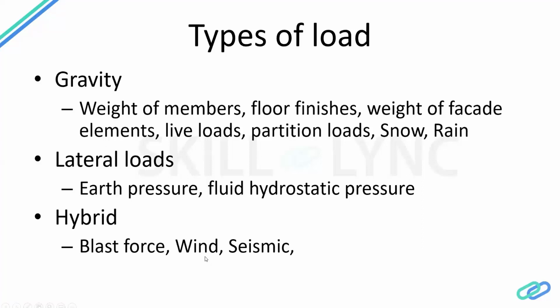And then obviously we have wind loads and then seismic loads. Wind load is also considered hybrid, because typically we consider wind as lateral, but if you consider any sloped building or a sloped roof, wind induces some uplift on the roof and downward load on the roof as well. That's the reason this is considered hybrid. And similarly seismic load, because when the ground shakes, it doesn't always shake horizontally, it also shakes vertically. So these are the different types of load that we typically deal with.